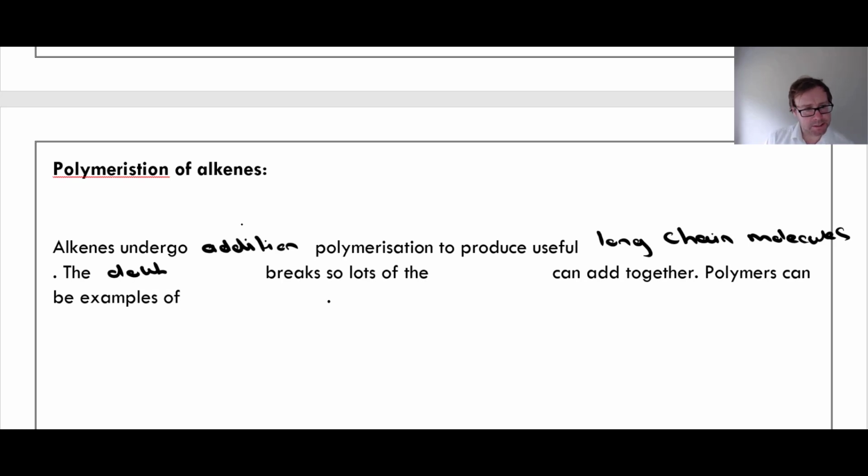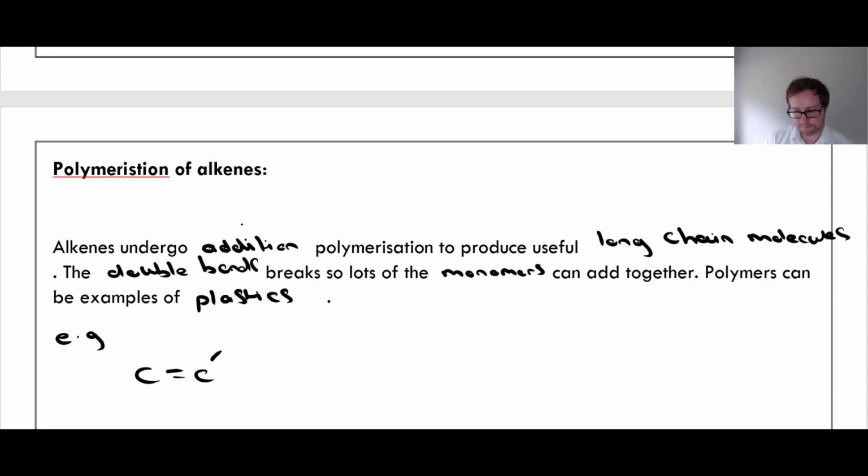The double bond breaks, so lots of the monomers can add together. Polymers can be examples of plastics,